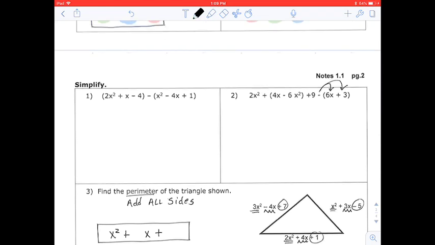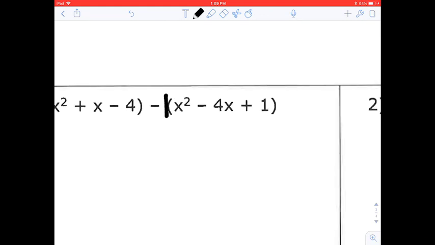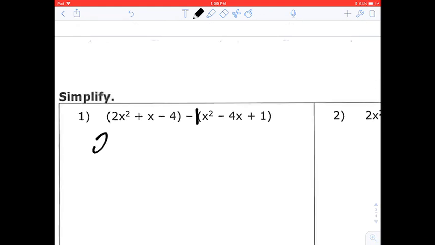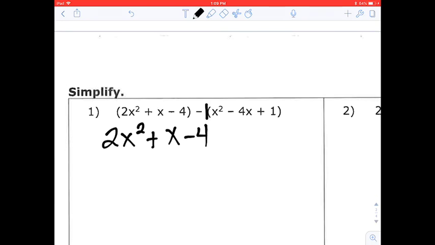Okay, let's look at question number 1 here on the back. We are distributing a negative 1. That gives me 2x squared plus x minus 4. Because again, if there's nothing in front of a set of parentheses, it's not going to change the inside. But then I distribute negative 1x squared plus 4x